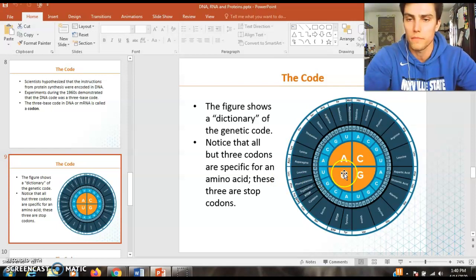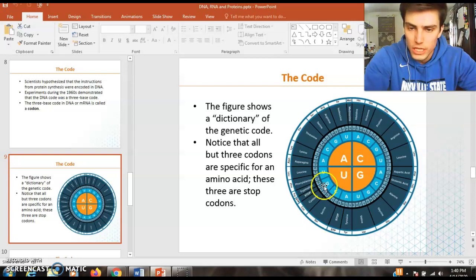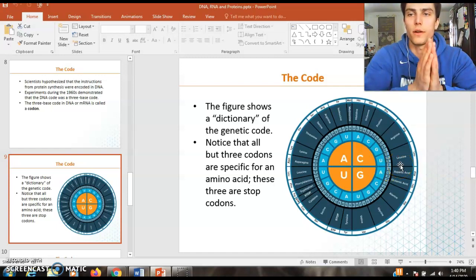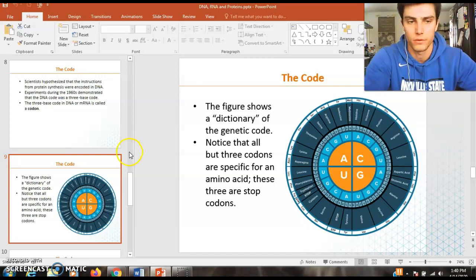So you always start in the middle, always: A, C, U, or G. Now you know we are working with mRNA, because we have U and not T. Say the codon is UGG. You go from U to G, and you see that the amino acid is tryptophan. Say we have CUA. We go C, then the next letter is U, and then the last one comes on the way outside with the small ones. CUA is leucine. It is going to be very important for you to understand how to do this process, and it will benefit you in the future.